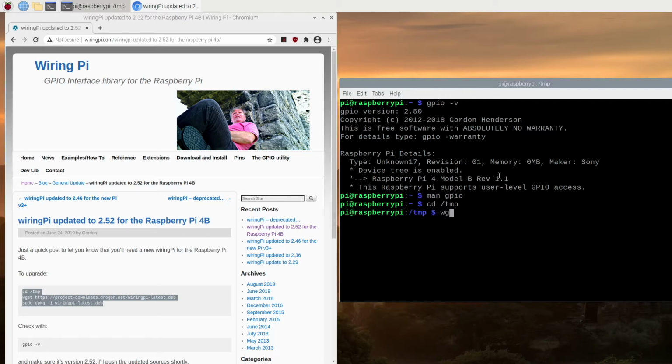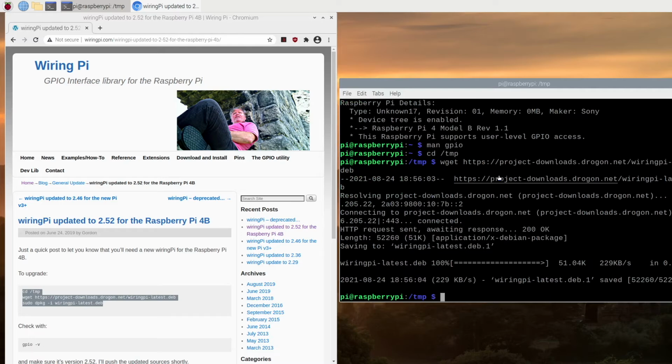And then wget https://project-drogon.net/wiringpi-latest.deb. This will download the package, and now we'll go ahead and install it by typing sudo